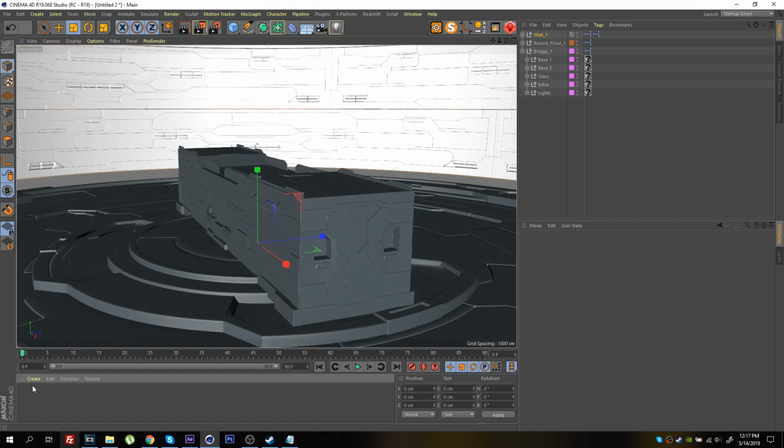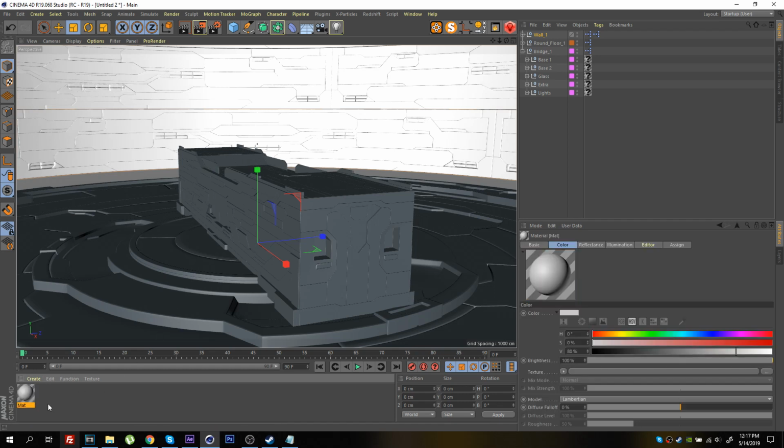or you can edit those as well, but usually you can delete the materials, and then you would either import a material from a texture pack you might have, or just create your own material for your respective render engine. So for example, if I want to use the standard physical renderer in Cinema 4D, I would just create a material. Alright, so I know all of these objects have a base 1 and base 2, so you would create